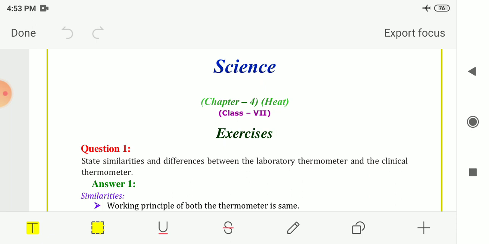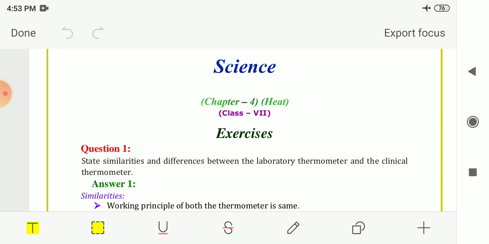Then we had seen that dark color objects absorb radiation, or heat, better than light color objects. This is the reason why we feel more comfortable in light color clothes in the summer season, and woolen clothes keep us warm during the winter.